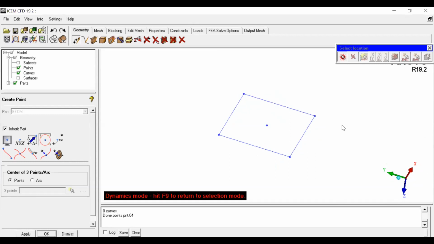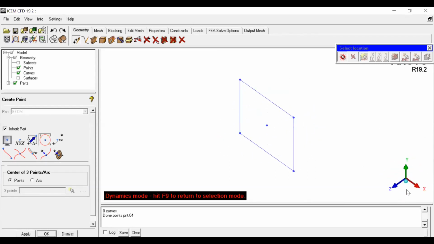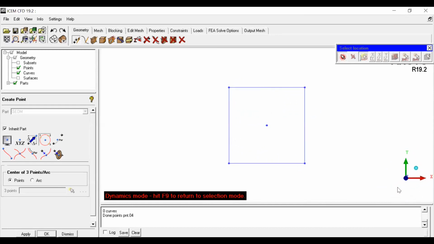Right? If you long press the left button, you can scroll the geometry, or else you can click on isometric view. And if you click on any axis, it will come back to the 2D mode, right? So all these things can be done. It is very helpful while we generate a model, to check whether we are generating a correct geometry or not.